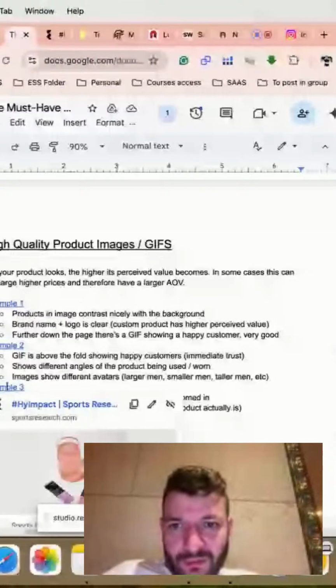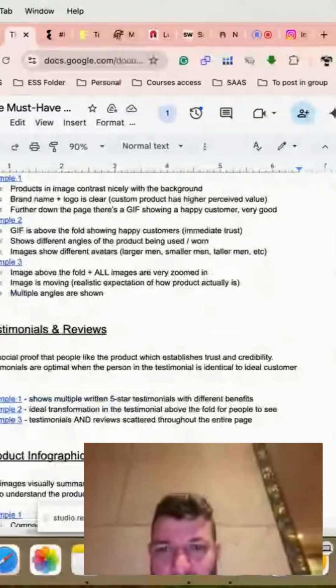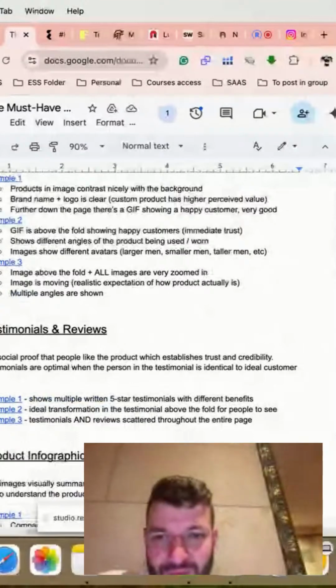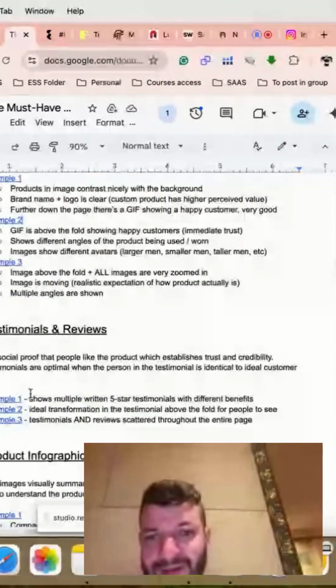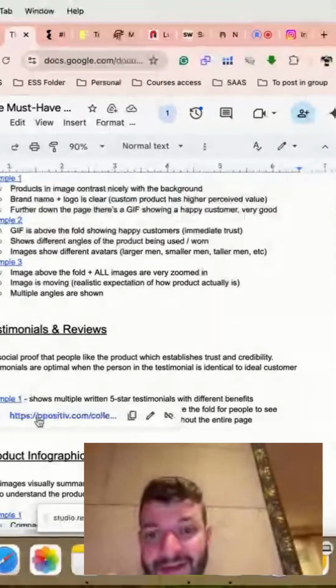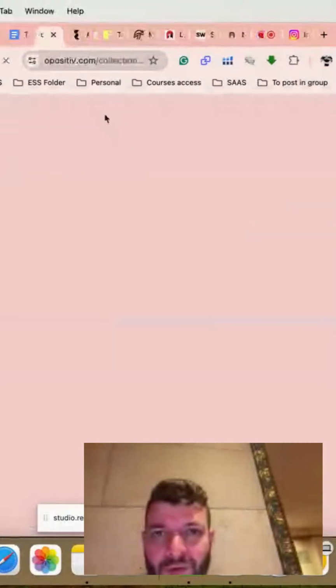So now we're at step number 3, which is testimonials and reviews. Immediate social proof that your product establishes trust and credibility, right? And you can use picture testimonials because they're optimal when the person in the testimonial is identical to your ideal customer avatar. So, for example, on this website here, if we go through the website,